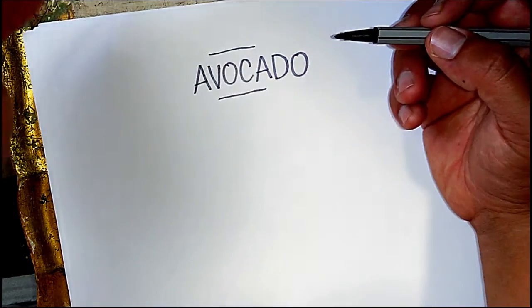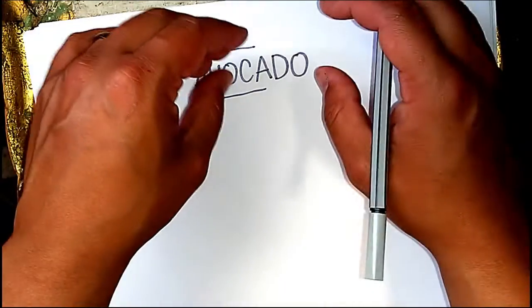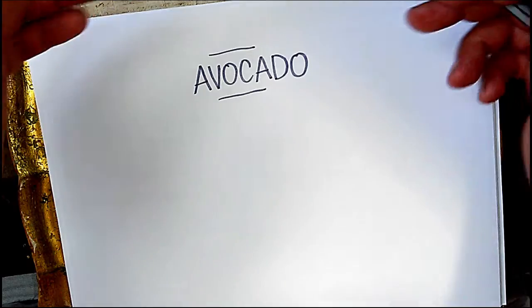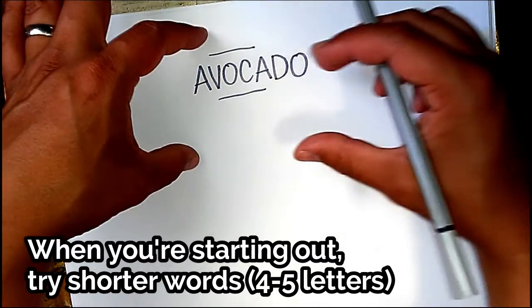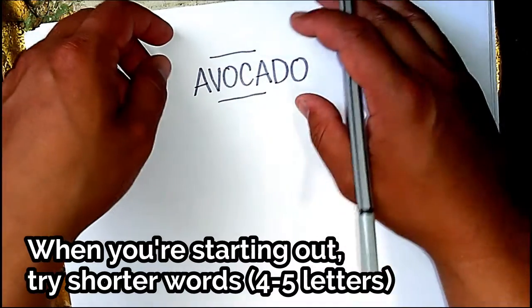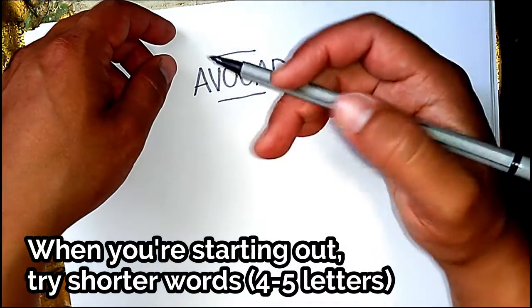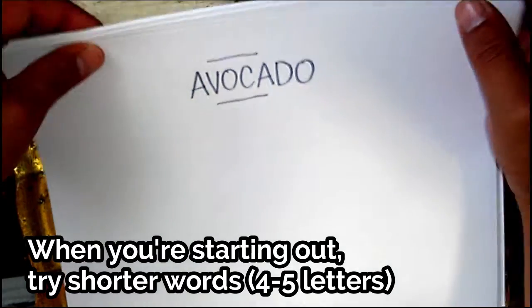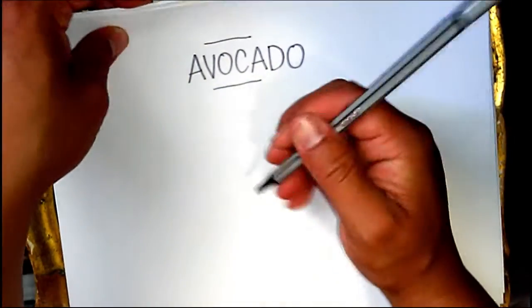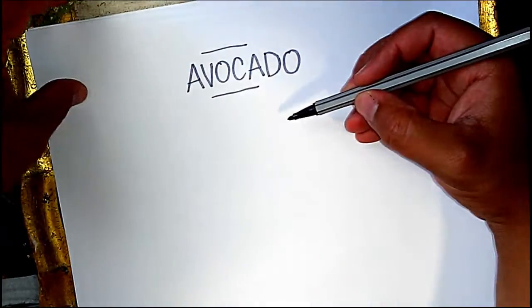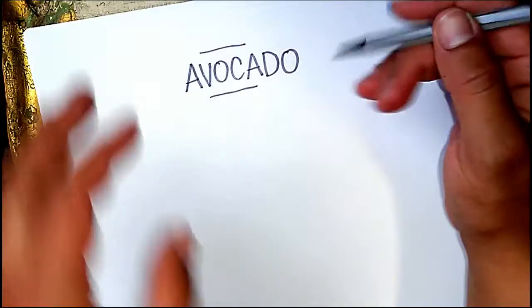If you have a super long name, try and shorten it to like 4 or 5 letters. The more letters you have, the longer it's gonna take you to keep developing. And so when you're first starting out, it's good to have the 4 or 5 letters so you can finish a piece in time and finish a tag in time and not get discouraged halfway. It's just something to think about. So okay, voca, here we go. So I'll take voca, and the most basicist, is that a word? The most basic